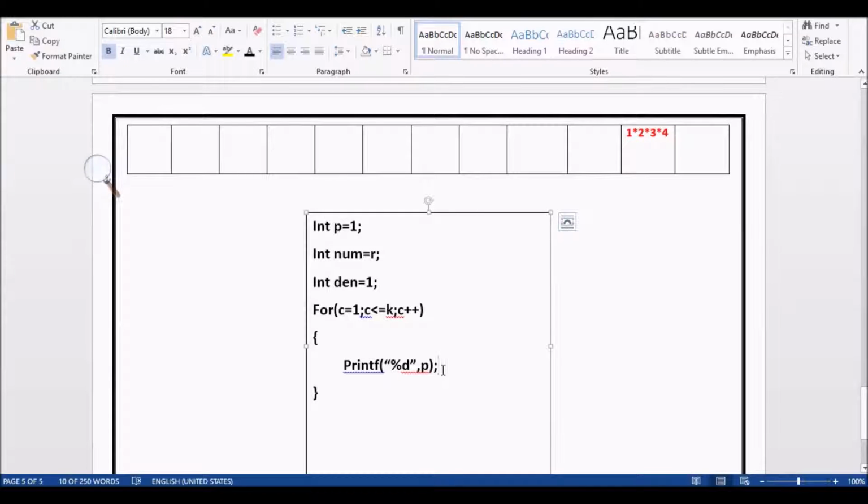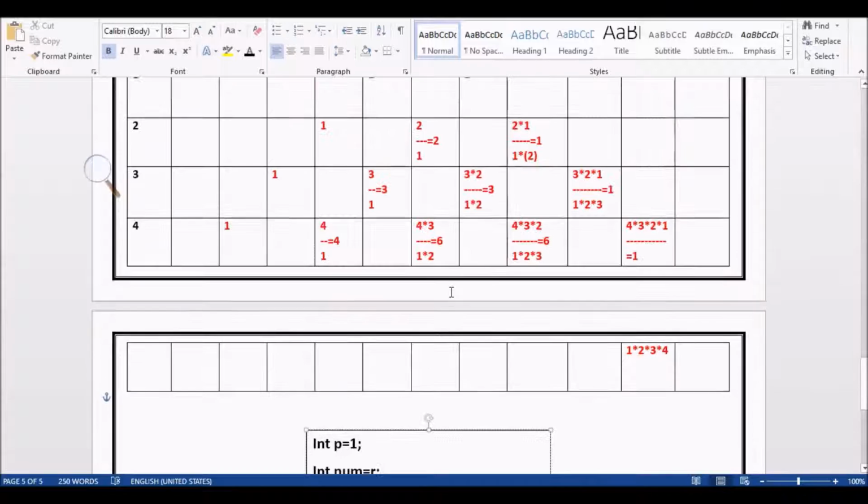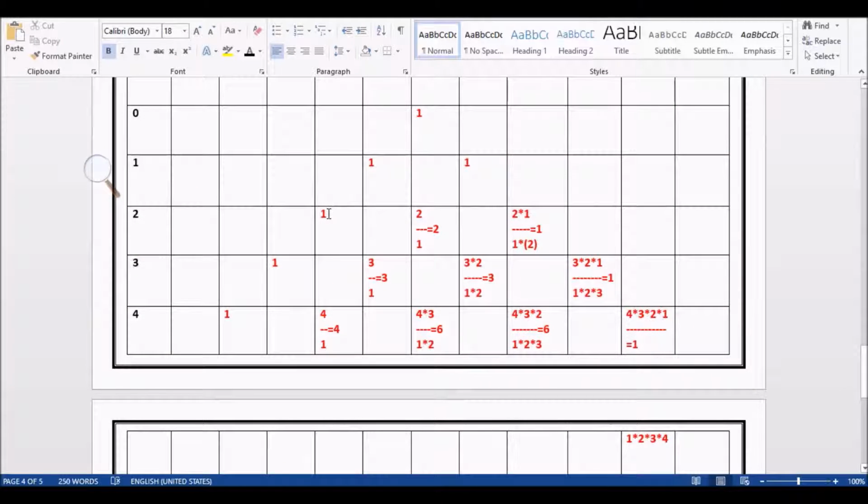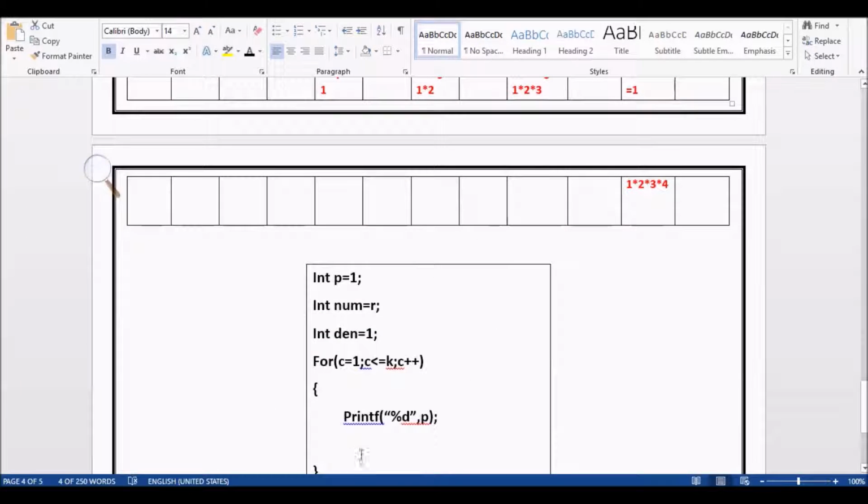Now what I want to do after that: printing %d, so see here we have printed 1. Okay, after that I want to print this one, 2. How can I do that? Let us see.